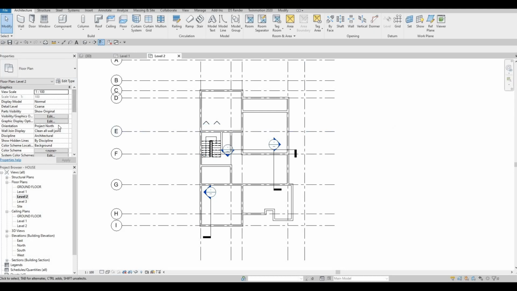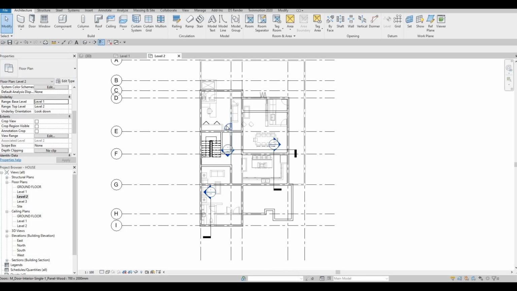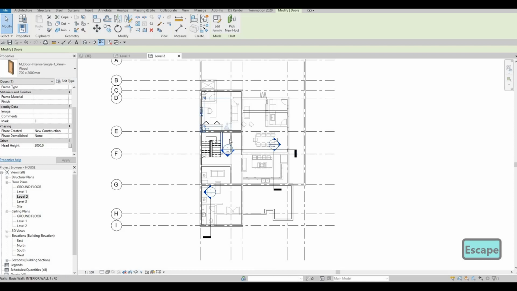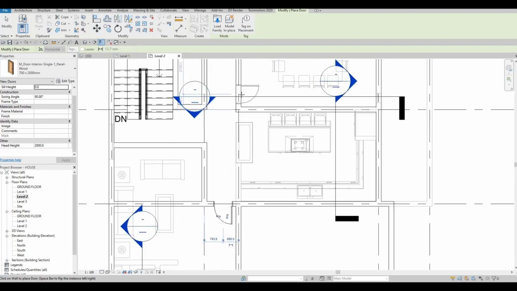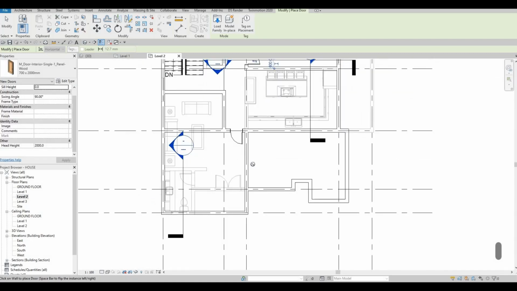So I want to turn on and off this underlay because we already have some doors that we already included, and it's easy for me to just select that CS, and then here I'm going to add the door. With the rotation, I'm going to press space bar right here, and then after that, space bar right here, add that one there. We're going to open this one right here. I'm going to add